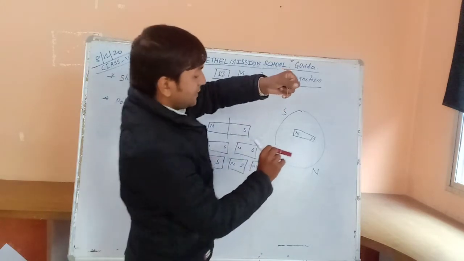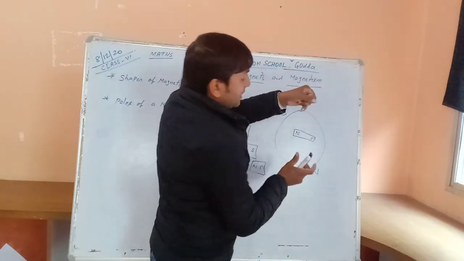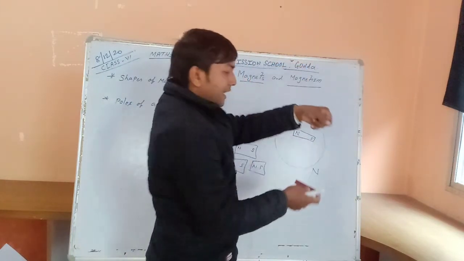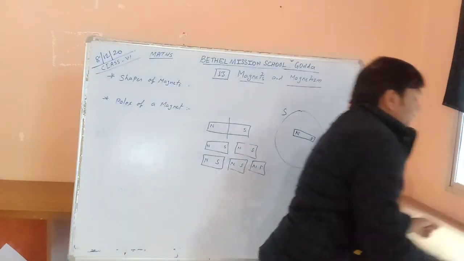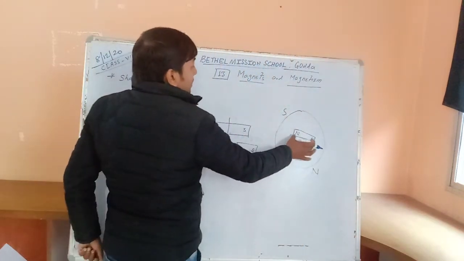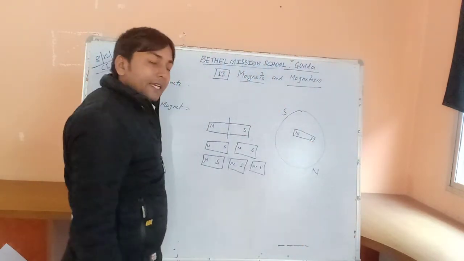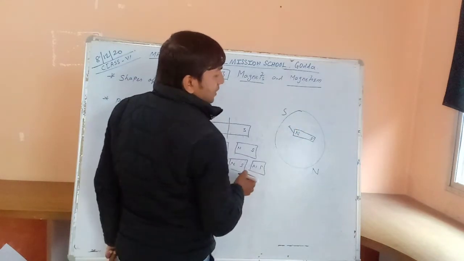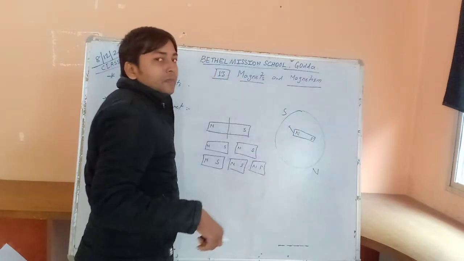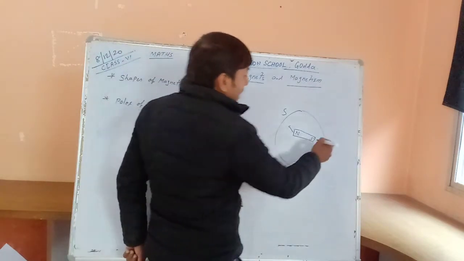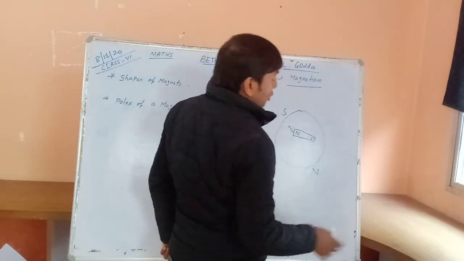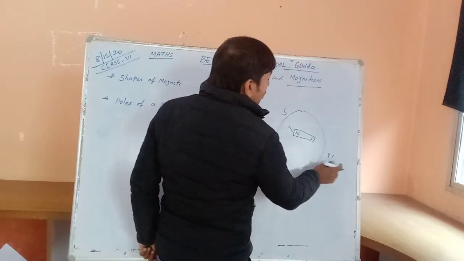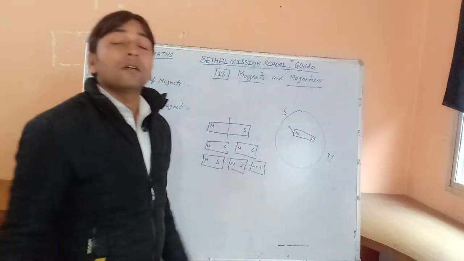Have you looked at it? It always stands in the north and south direction. So now the north direction of a magnet always stands toward the south pole of the earth, and the south direction of the magnet always stands toward the north pole of the earth,